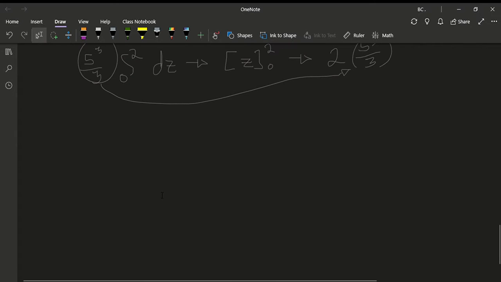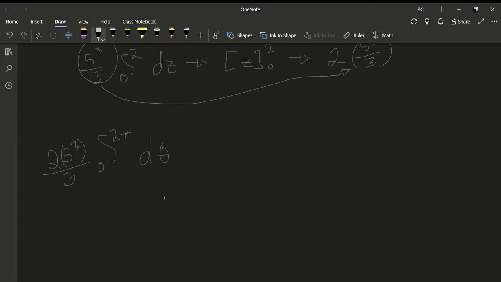Now we solve with respect to our theta, 0 to 2 pi, right? This becomes 2 times 5 cubed over 3 d theta, which just ends up being theta 0 to 2 pi, which equals 2 pi times 2 times 5